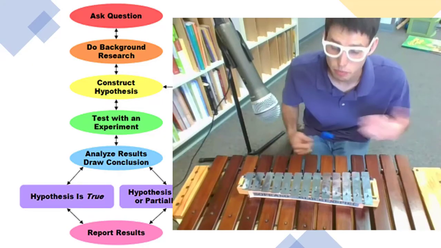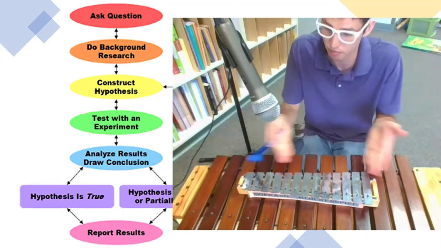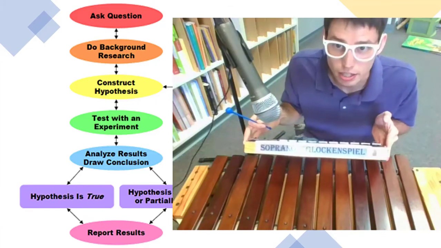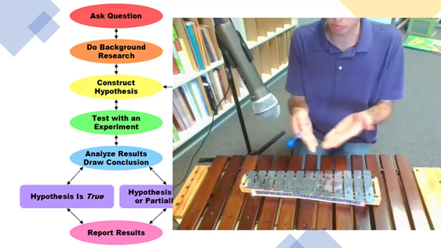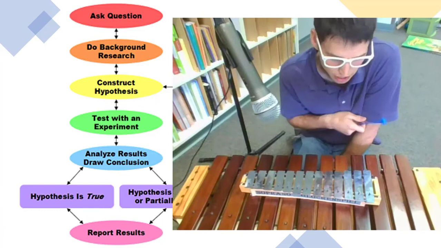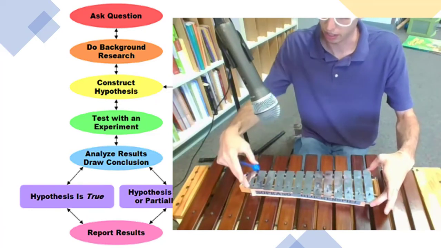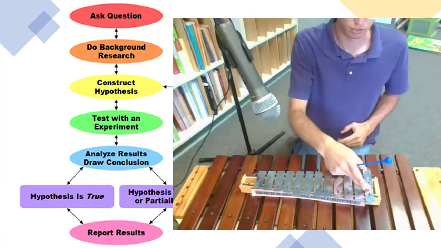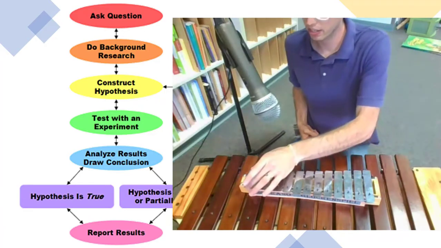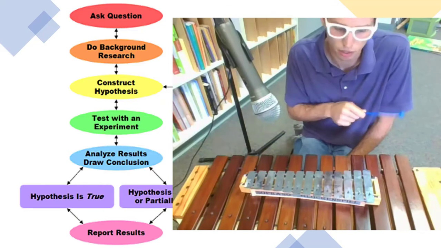So now, really quick, we're going to do some more research by conducting this experiment again with a different instrument. This is the glockenspiel, soprano glockenspiel. The whole instrument itself is much smaller, so I wonder if you know what that will mean with the pitch. And then we've got the same kind of concept. This bar is bigger than this bar, as you can see here. Maybe you can't. Maybe you can see now. And I'm going to strike each one. Which one is going to sound higher? Which one's going to sound lower? So make your guess. Here's the experiment.